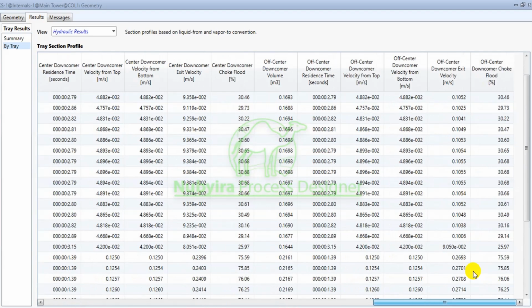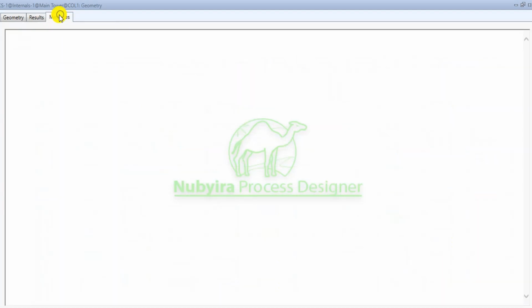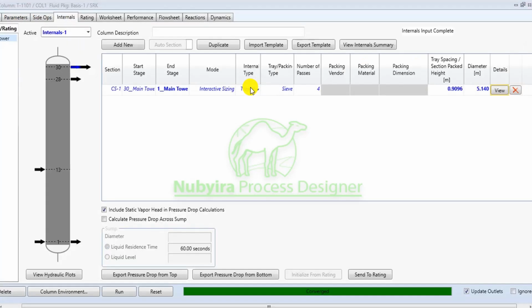So you can compare what we have in the summary, and you are going to get the right results. And just make sure that there's no message here, or the warning is something that you can simply ignore. So, and you have a way to start this tray sizing sectioning